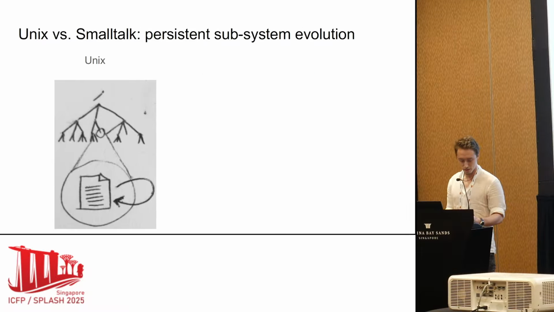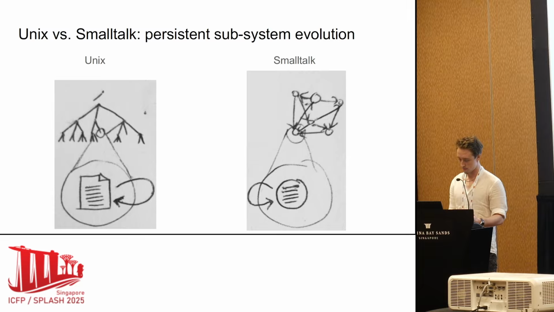In Unix, the overall system breaks down into evolving subsystems that are called files, and they're organized in a tree structure. The file is the basic unit of state in Unix. And Smalltalk at this abstract level doesn't look too different. Its evolving subsystems are called objects, and they're just arranged in a graph instead of a tree. Notice that both of these are persistent. When you create a file, it sticks around until you delete it. The same is true for objects, except that they just get automatically garbage collected.